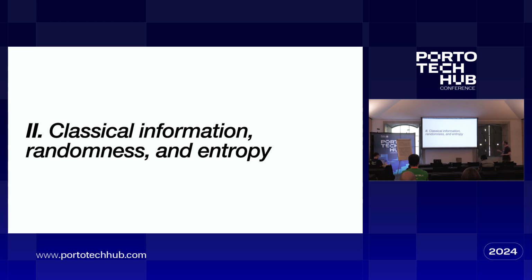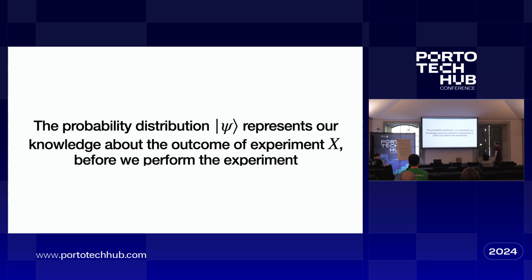So let's talk a little bit more about interpreting this stuff. That was pure notation and pure linear algebra in physics notation, okay? A probability distribution, what does that mean? It represents our knowledge about the outcome of an experiment before we perform the experiment, okay? So a probability distribution, our vector we had, half-half, represents what we know about this coin before we actually flip it, or alternatively, before we observe the result of flipping it.